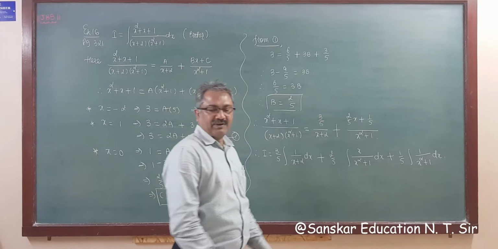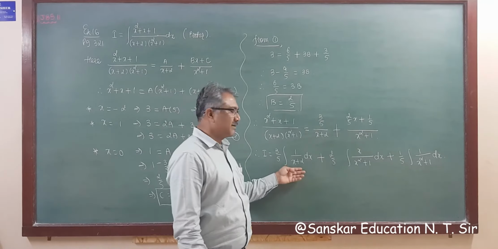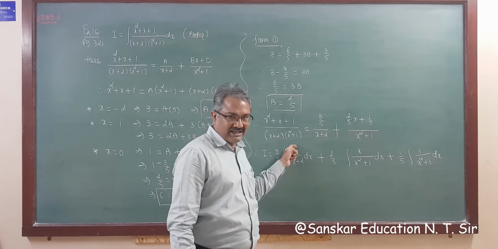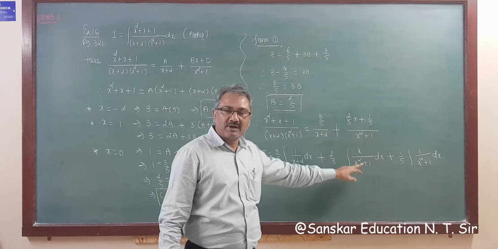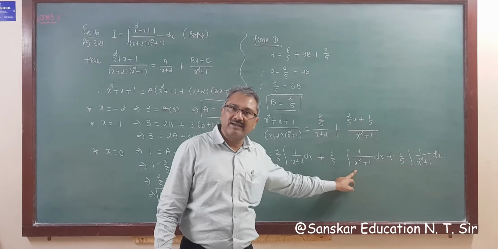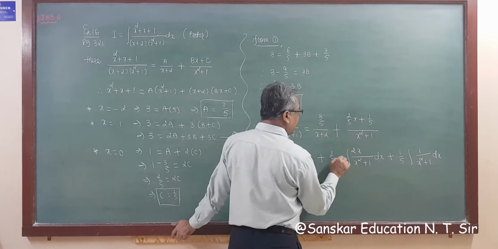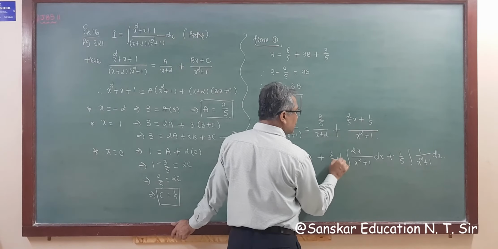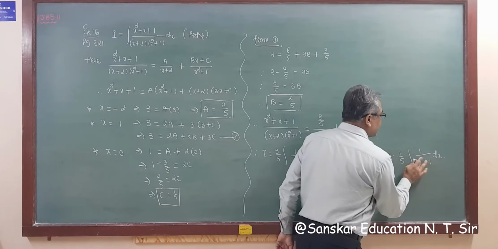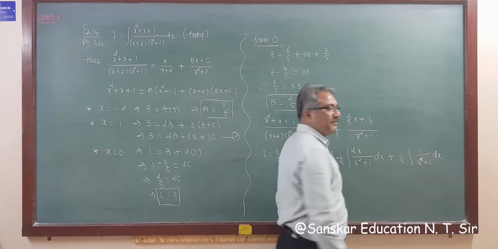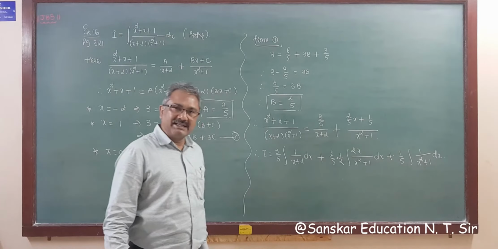Now check which formula is applicable, then we integrate. So is the derivative of the denominator the numerator? Yes. Here, is the derivative of the denominator the numerator? No, because the derivative of x square is twice x. So dividing by 2 and multiplying by 2. Here, this is the standard formula: 1 upon x square plus 1 gives tan inverse x, right? So it's now very easy.